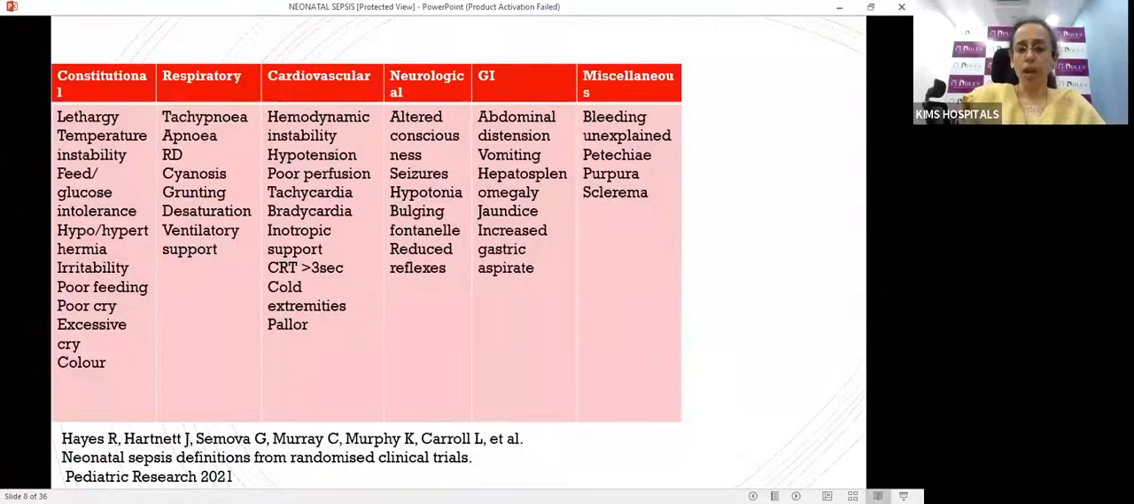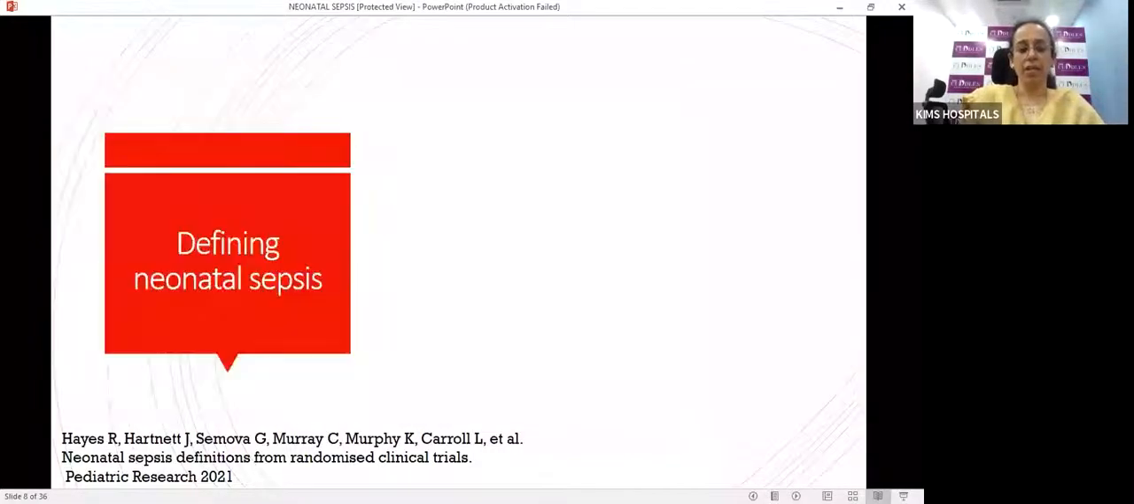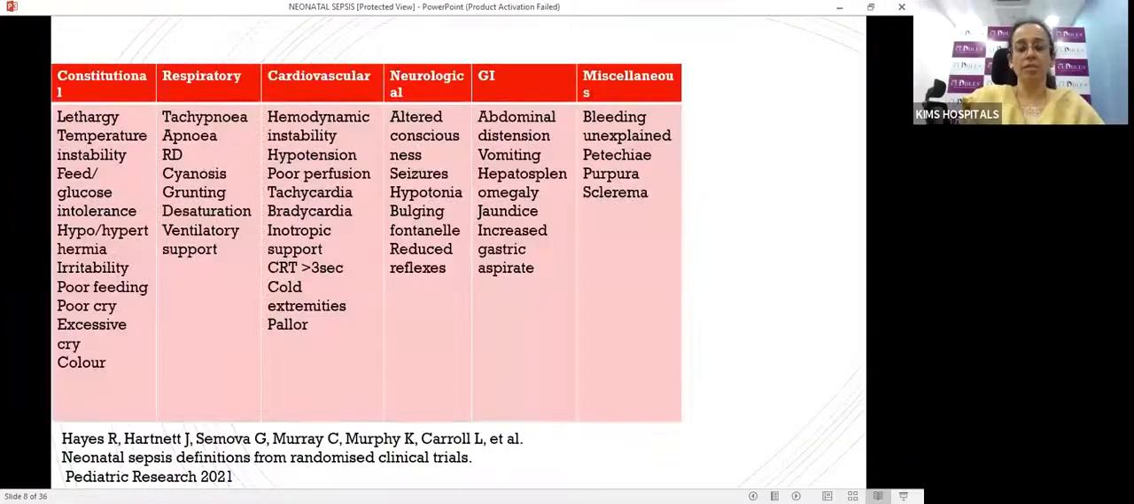So coming to defining neonatal sepsis, in various randomized control trials, the different symptoms of the baby are noted. So there is no clear-cut single definition for neonatal sepsis, but based on the different system involvement, we can identify sepsis in the babies. The constitutional symptoms are the baby having lethargy, temperature instability, feed or glucose intolerance, hypo or hyperthermia, irritability, poor feeding,